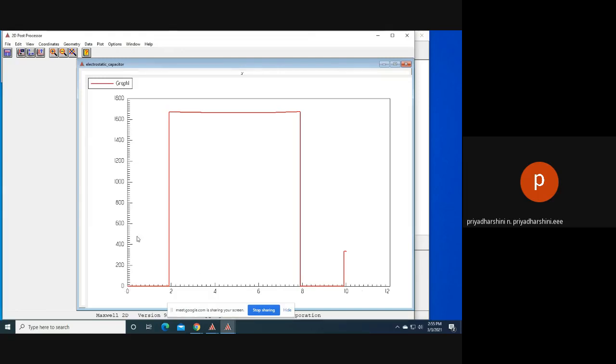This region is for the upper plate, conductor 1, and in between you will have mica, and after that you will have the lower plate, conductor 2.